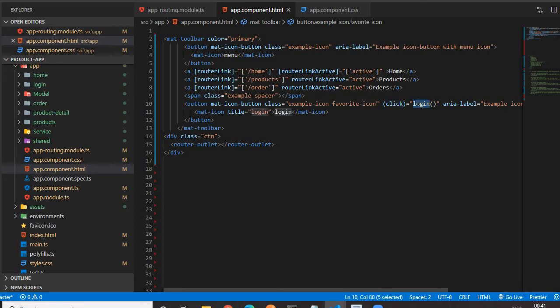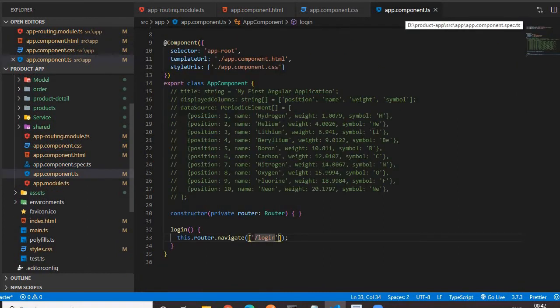This is the login function. So this login function will handle our click event. Let me go to the login function. Where can we find it? It's a function, which means we will write some business logic, so we will find it in the corresponding TS file. It is being used in the app component.html file, so the corresponding TS file is the app component.ts file. Okay, we'll open that. If you look, this is the login function.